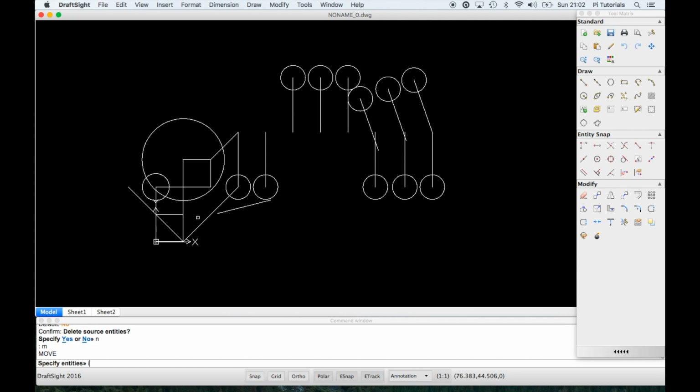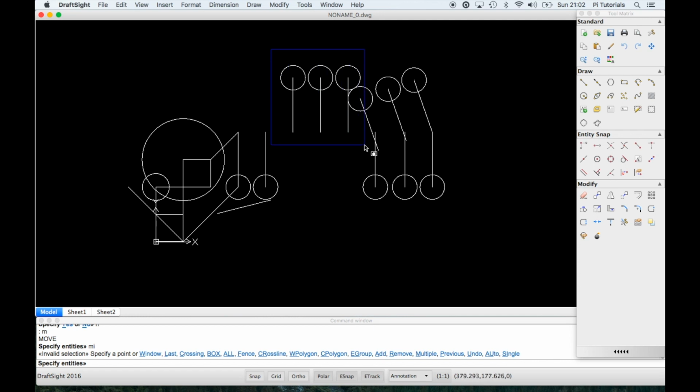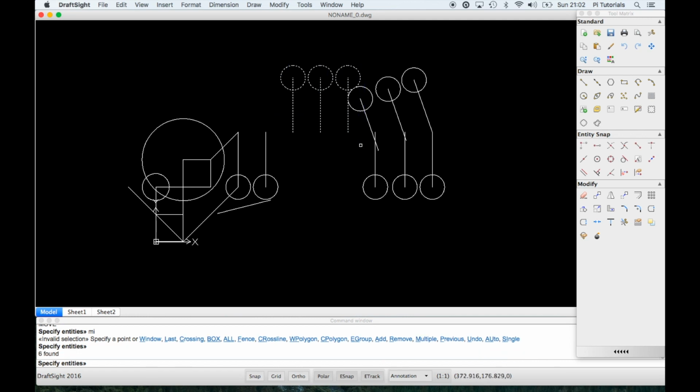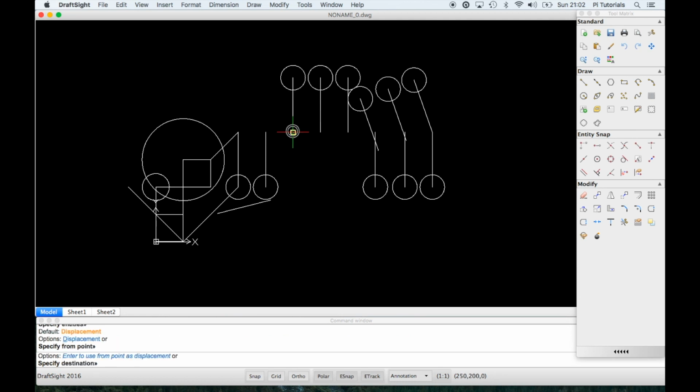Now say I'll mirror these 3 back down the bottom again. This time I'm not going to delete source entities, so MI space, select them there, and then space again to tell it I finished selecting. I didn't get the I, that's in the move command, so I press escape, but it's just got me back to where I was. So MI, let's try again,